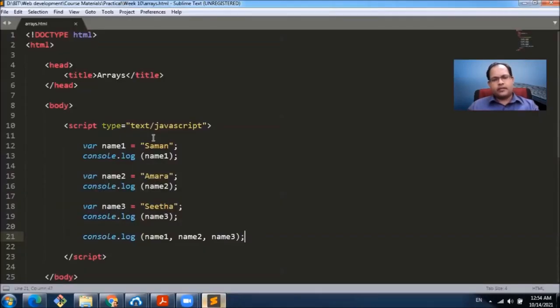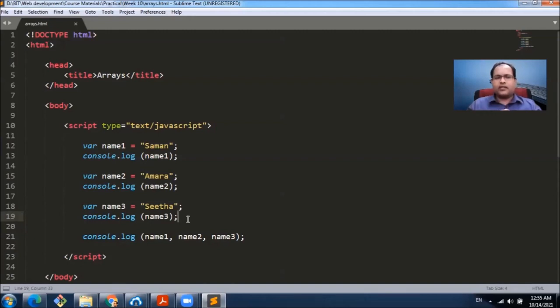But let's say we want to hold 1,000 names in our program. We want to read a log file and store 1,000 names. Are we going to create 1,000 variables to hold 1,000 names? How about 100,000? How about 1,000,000?